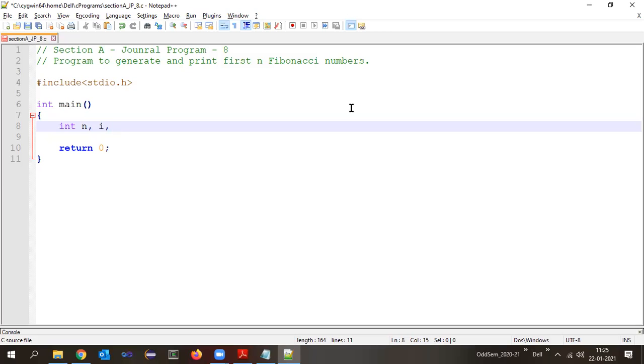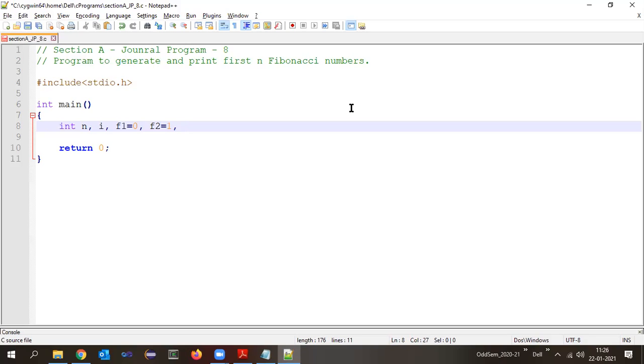Where are those two previous numbers stored? We should store those previous two numbers as well, right? Yes or no? So we need two variables, the first Fibonacci number and the second Fibonacci number. First Fibonacci number, what is the value? 0. Second Fibonacci number? 1. So I will denote them as F0, or let's say F1, better. F1 is 0, the first Fibonacci number. Then comma, the second Fibonacci number, F2, equals 1, comma.